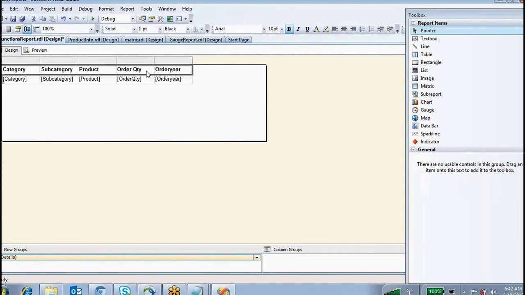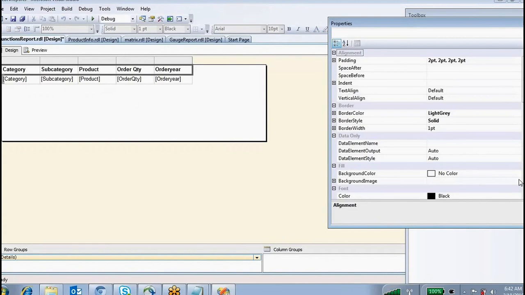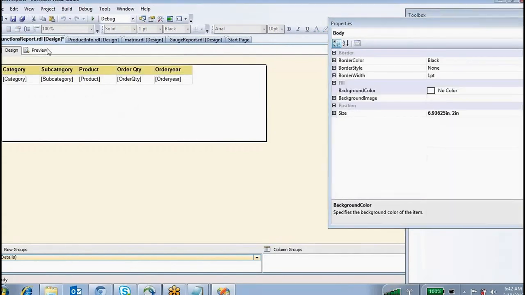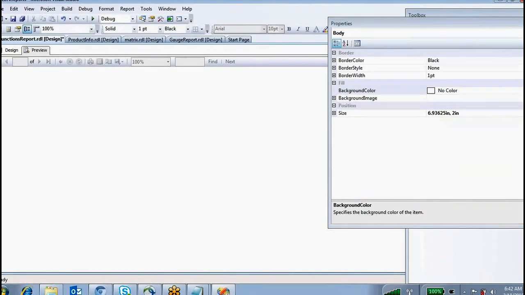Make it formatting, background color. Okay, so if you're previewing this one,